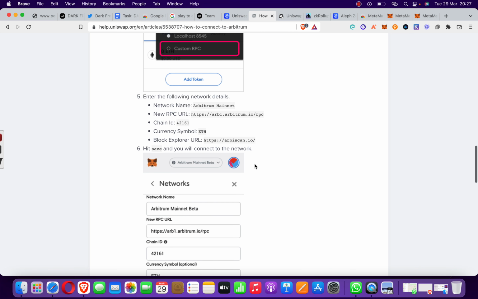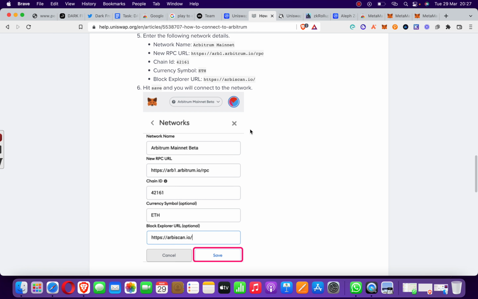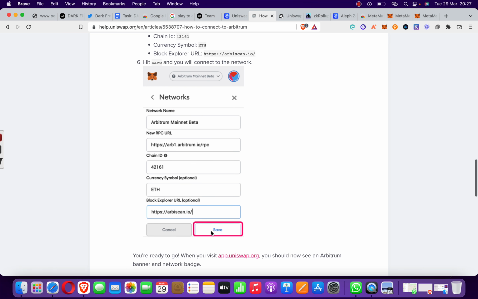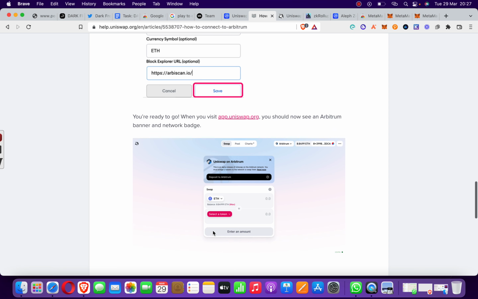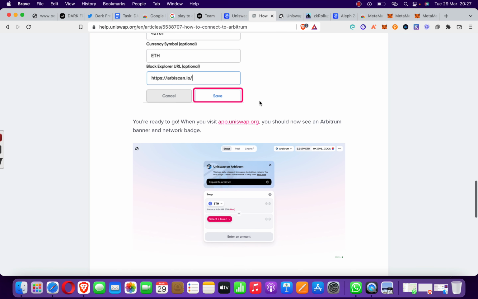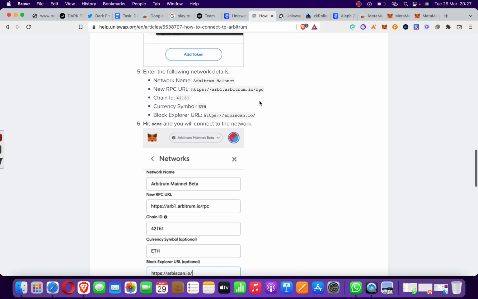You simply go to network name, you add Arbitrum mainnet beta, then you type all of this in, and you click on save. When you click on save, you're simply ready to go,